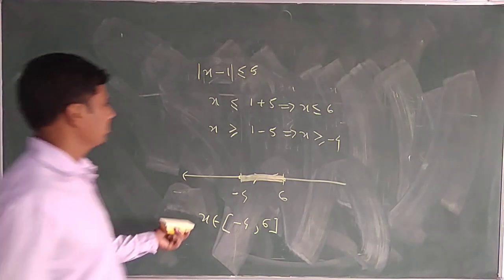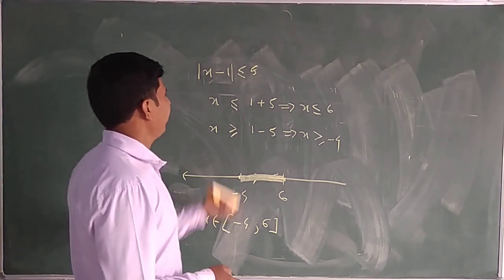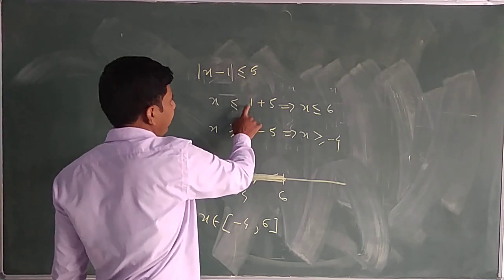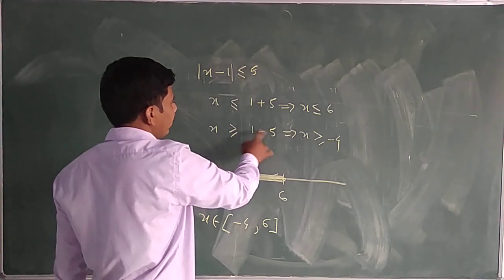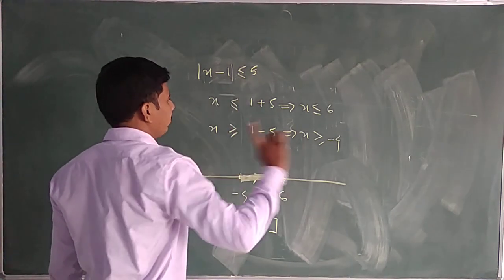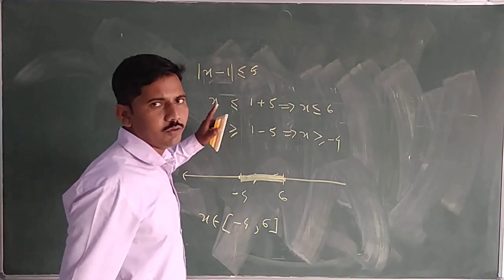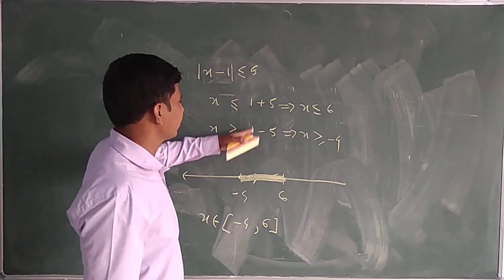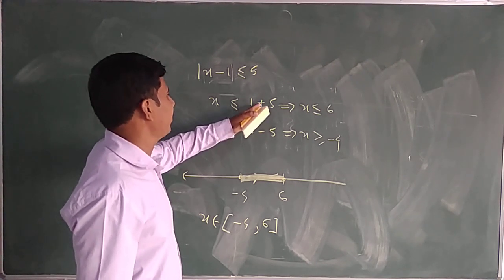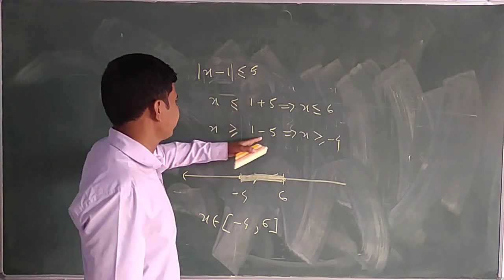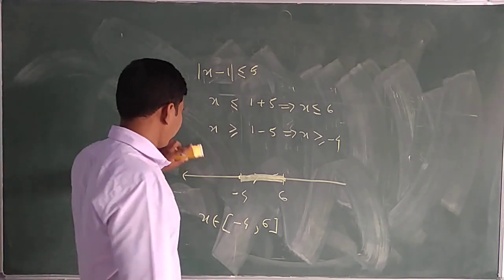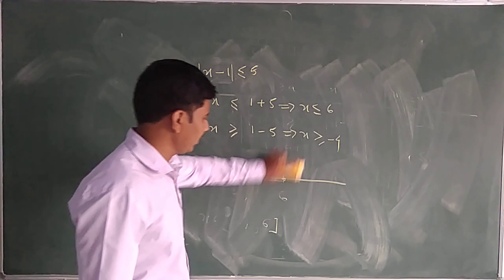Yes, this is correct. This is the solution. This is the way to remember the formula. Take 1 plus here. Take 1 first. Don't take 5 first, otherwise you get 5 minus 1. Don't do this. So this is the shortcut way to remember this formula. First take whatever the number is here, take it first. Okay? And then first add it, take the sign as it is; subtract, invert the sign. This is the way to remember this formula. Okay? So solve examples like this.